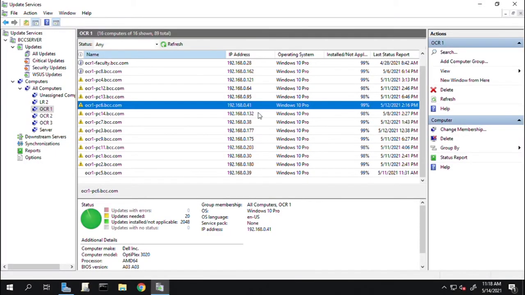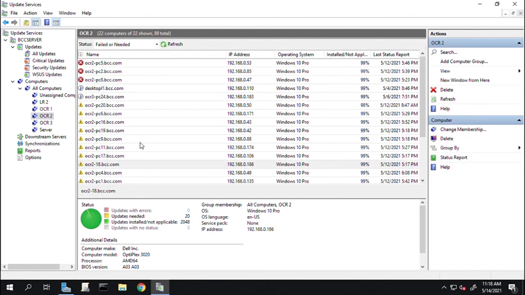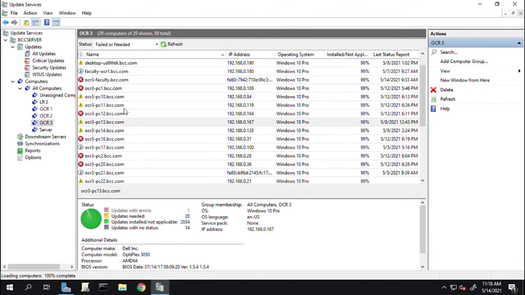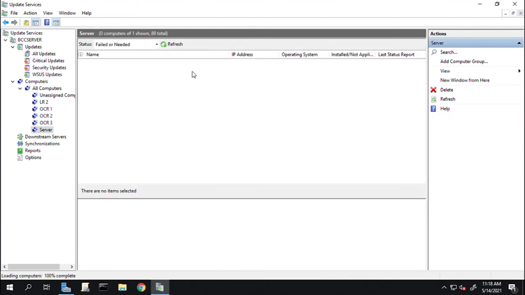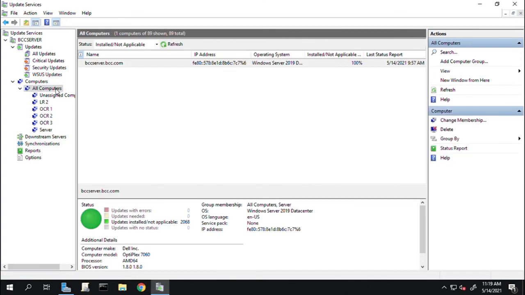The benefit of using WSUS is that instead of allowing all the different computers to download the update directly through the internet, we can have one centralized machine, which is a server in this case, and through the server we download all the updates and then deploy them through the local area network to all the machines. This can help you reduce your bandwidth utilization when you have a large number of computers. Number two, it also helps you organize the computer updates for all the PCs from one main location.